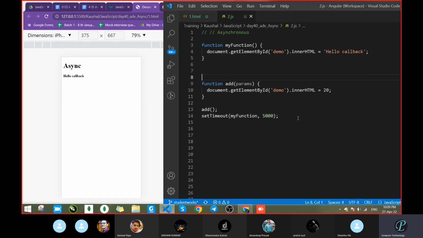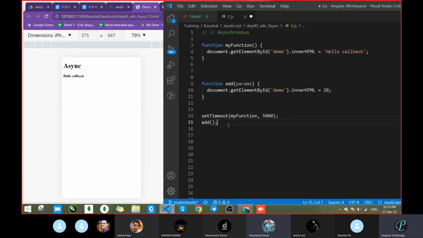So what happened? First, we call the function add. Maybe you are thinking that position matters. What will be the output now? No, sir, position does not matter. Here you are passing the function as an argument, and you are passing the timer also.